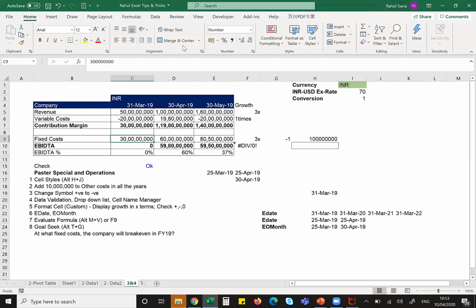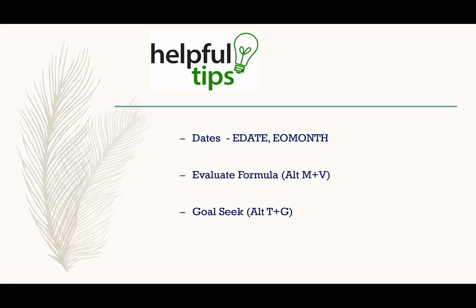Interesting, guys. I hope that was really good. Goal Seek can be used when there are huge, long formulas to actually solve tough equations, right? Post this, I think I'll take you to the PPT again. We completed Goal Seek and Evaluate Formula.